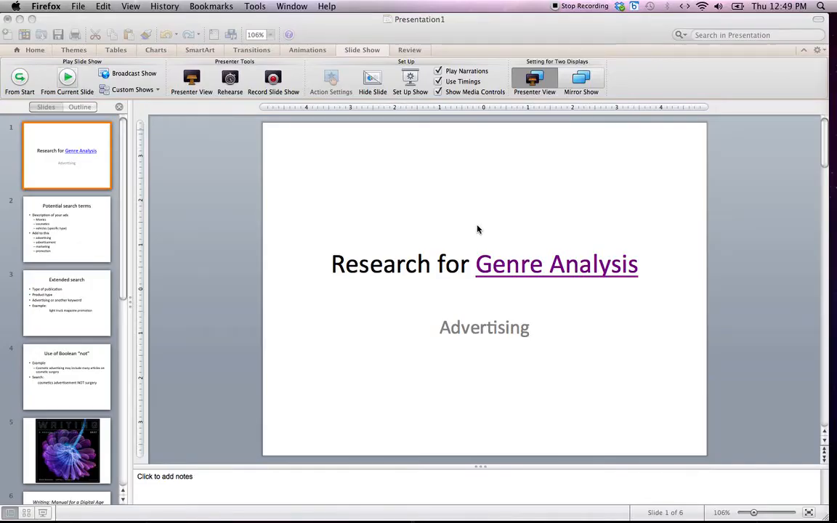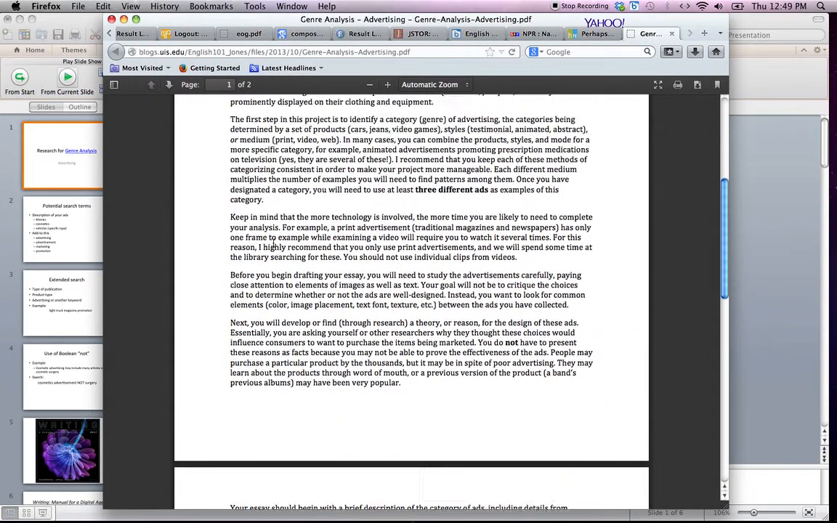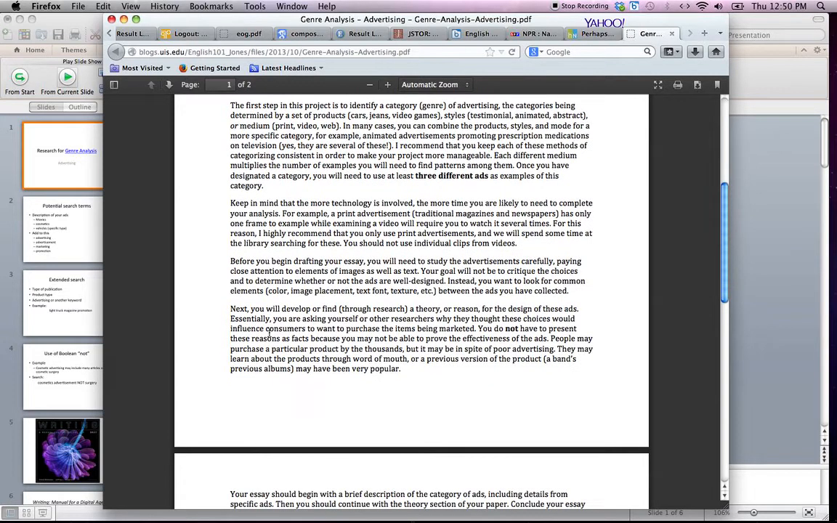I want to think first about why we're doing research with this project. There isn't much emphasis on research in the assignment sheet. It is mentioned at the bottom where it says next you'll develop or find through research a theory or reason for the design of these ads. More importantly is the fact that this is an